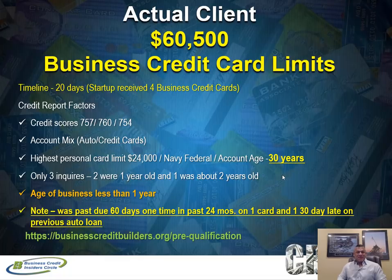But here's the kicker. This client had one 60-day late in the past 24 months. A 60-day late on one card and one 30-day late on a previous auto loan. Okay, so do you want to know what? If the business was two years old, and these late payments were not on there, I could see this client getting 80 to 100,000 in business credit card funding. So just from those couple of factors, that impacted the amount of credit we can get